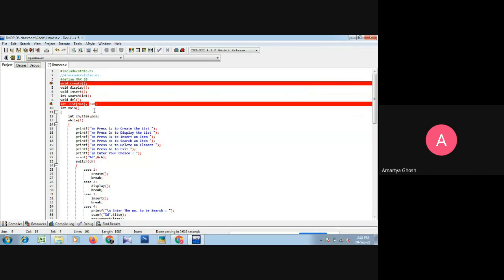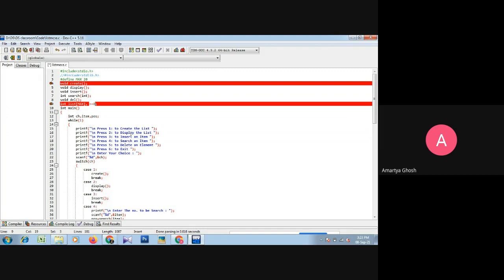Okay. Now within the main function, our first job is to give some options to the user, that is, press 1 to create the list. That means each and every time the user can perform only a single operation. What are the operations? Create, display, insert, search, delete.